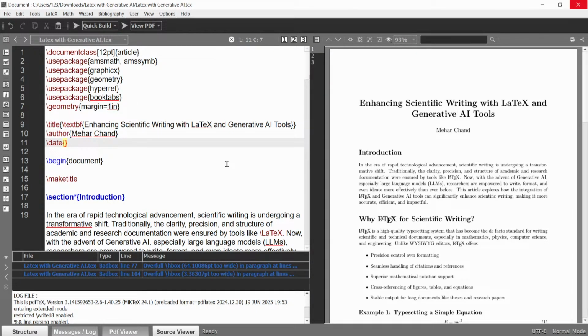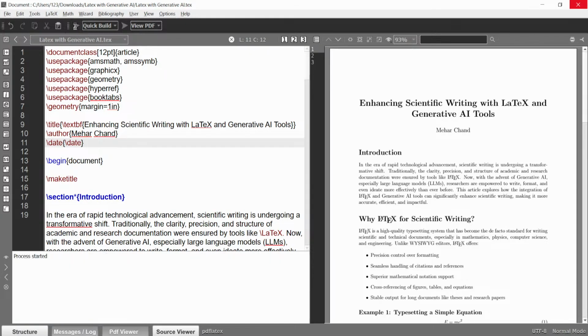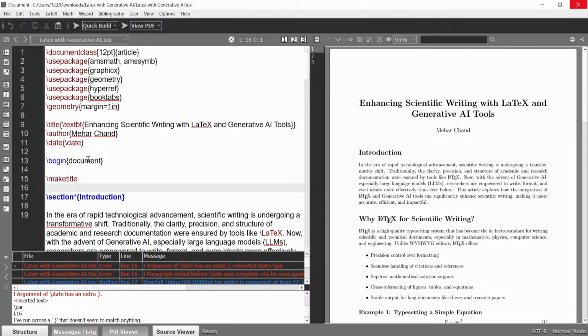you will use here \date. So these are the commands. By using these simple commands, you can insert everything. So when I build this file again from this place, you can see in my document on the right hand side, for \date, you will use here \today.